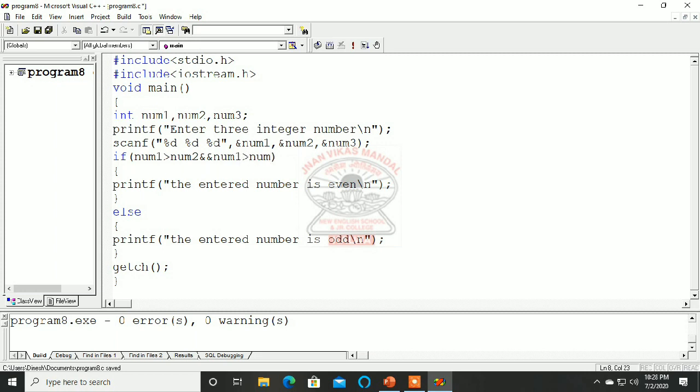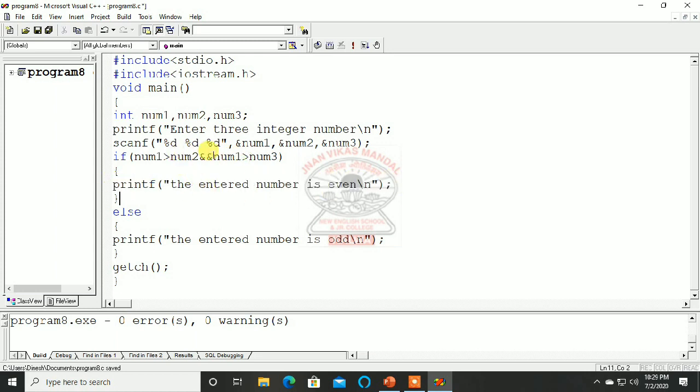I want both these conditions to be true. This is the AND in the C language. When you use two ampersand signs, it will check the first condition and the second condition, and if both these conditions are true, then only it will enter this part, that is the statement part.